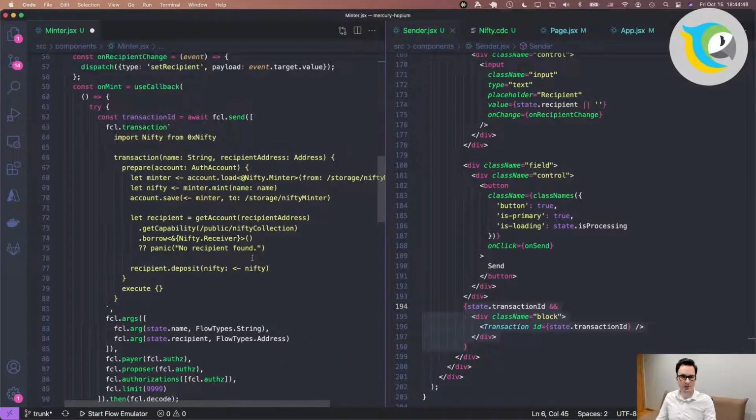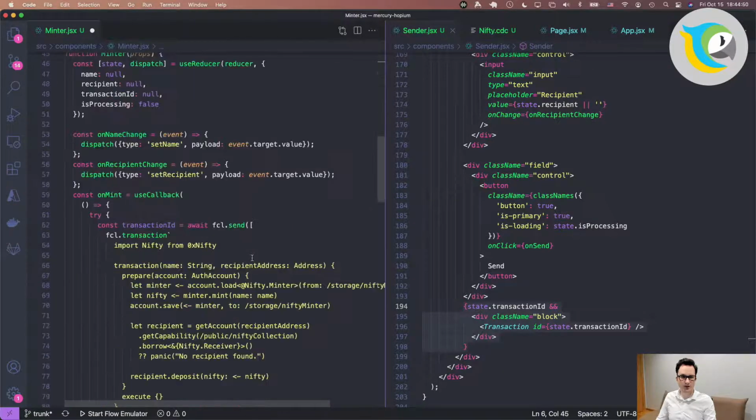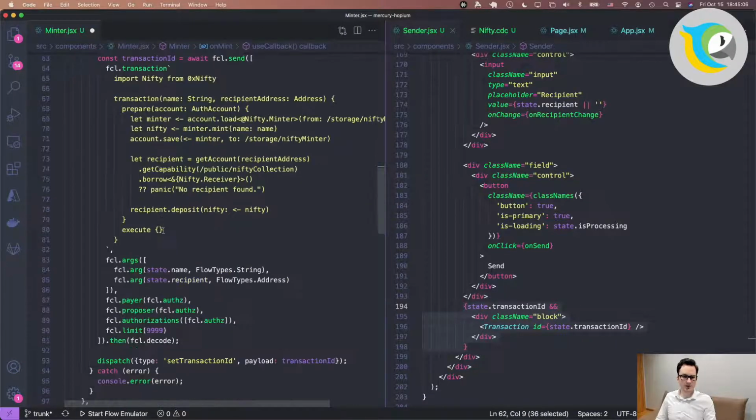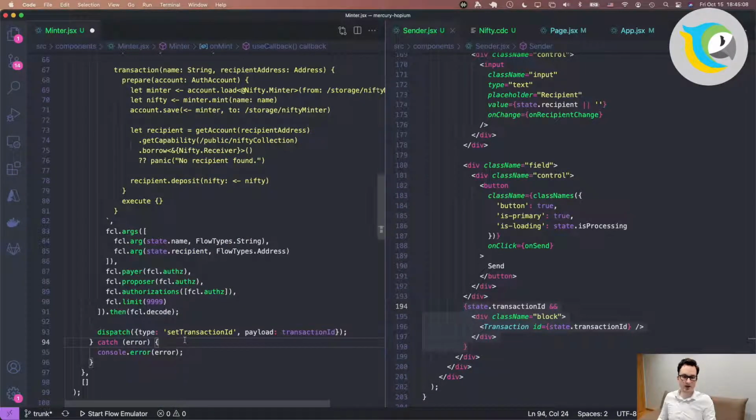We need a couple more things. We need to start processing. So here we go. We're going to dispatch an event that's type start processing. Okay. That's all it needs, really. It just needs a type. It doesn't need a payload. And if, let's say, an error happens, we're going to stop.